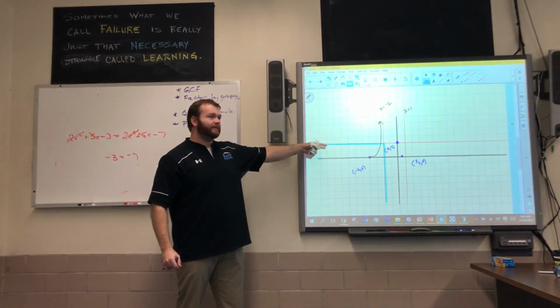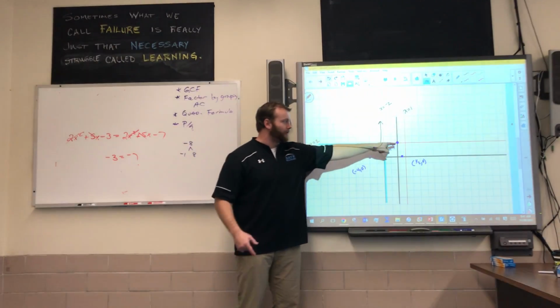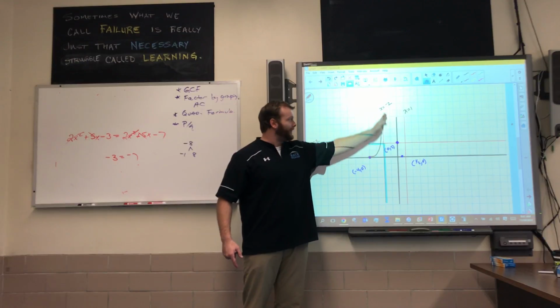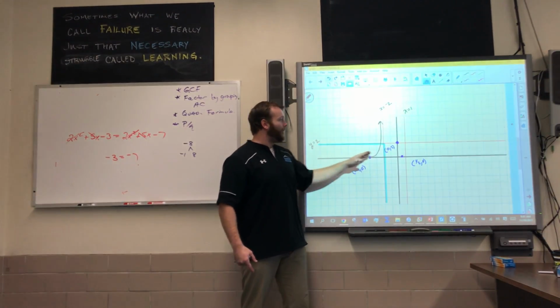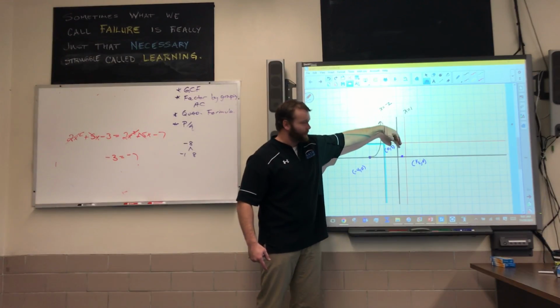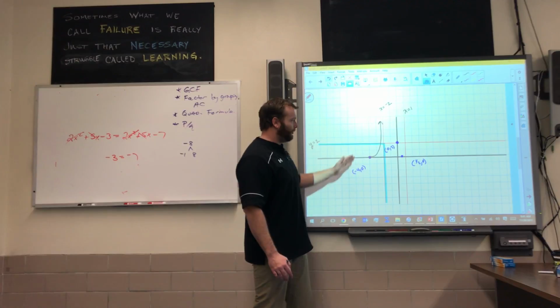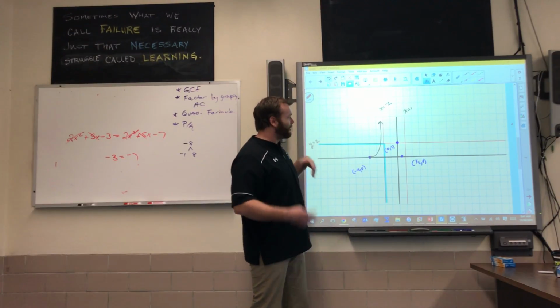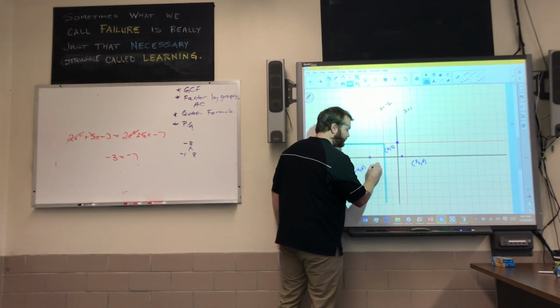Horizontal asymptote, right? Okay. And our math has shown us that we only cross the horizontal asymptote right there. We can't pass that vertical asymptote, right? So there's no way to go up and then come back down and cross through that one there, because we're not allowed to cross that vertical asymptote. So my graph can't do that. My graph is pretty much restricted to being able to do that